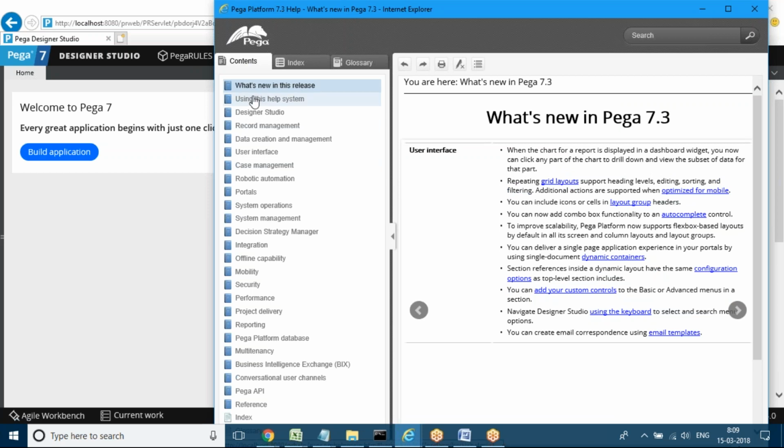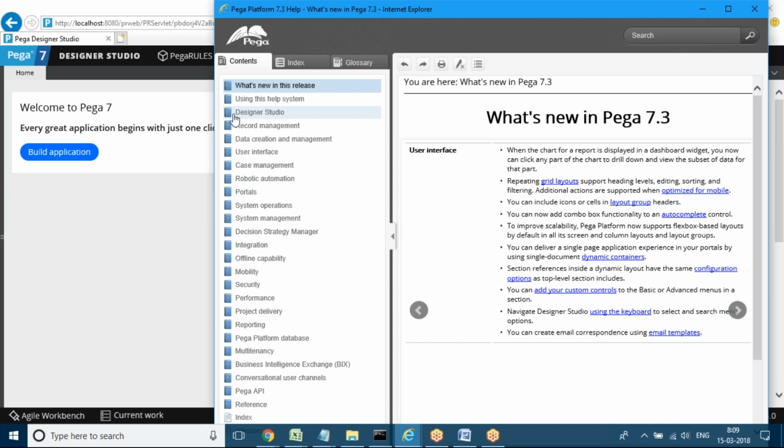What are the things in the Pega application, how to use the help system, and topic wise, you'll get all the notes, everything. Even if you get other materials, the main source will be this content only. Any definitions or detailed description on any topic, you can directly refer to in the Pega 7 help. This is the best ebook or material I can say.